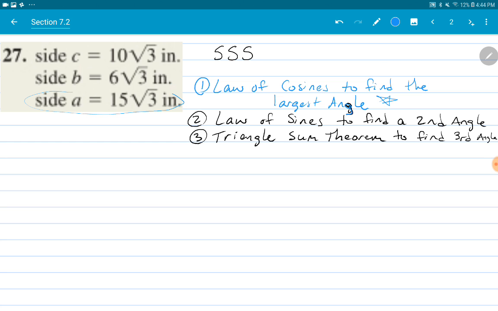So that's going to be angle A. So angle A, I find using the formula for the side A, because angle A will be at the end of that. So for side A, the law of cosines says A squared equals the sum of the squares of the other two sides minus 2 times the product of the other two sides times the cosine of the angle I am looking for. Okay, so to solve for A,